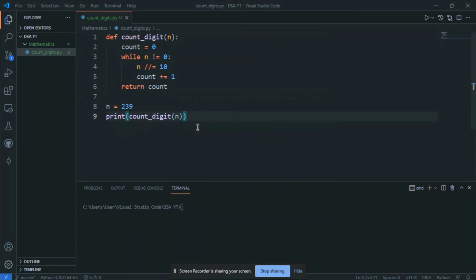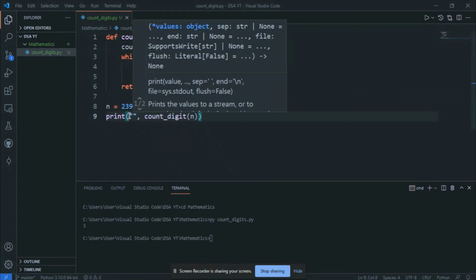The number is n, correct? So now let us run this. We have the output as 3, so let us make it more readable.